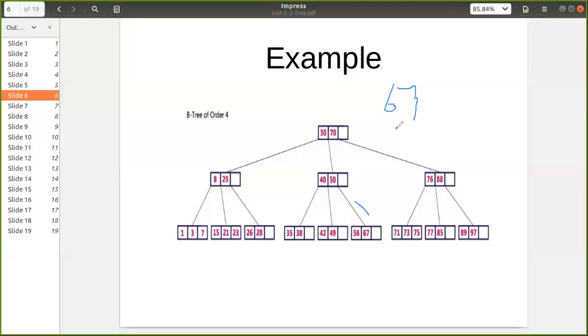Again, same thing, compare 67 with the 56. It is not at this place, then check whether it is lesser than this one. No, it is not lesser than this one, that means it is greater, so consider the next key. Next key, match this with, so 67 is present here, so we'll simply return that element is found. If we are searching for example 68, then we'll come here, so this is the null, so we are not finding the element, so we can simply return that element is not present in the tree. So this is the search procedure.